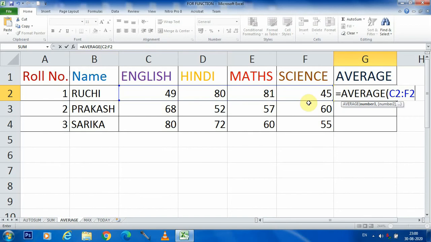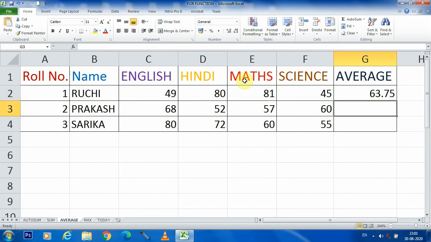Now I am closing this. After Enter, we are getting the result 63.75. This is the average of the four subjects, related to Ruchi.